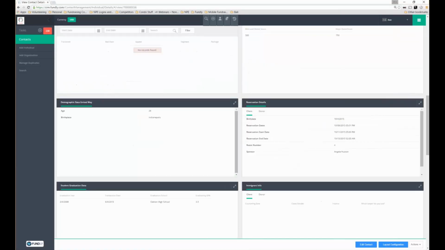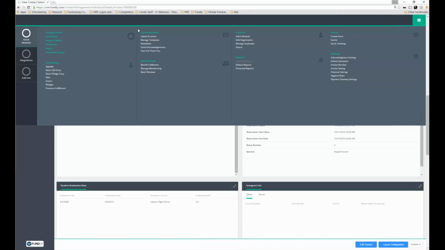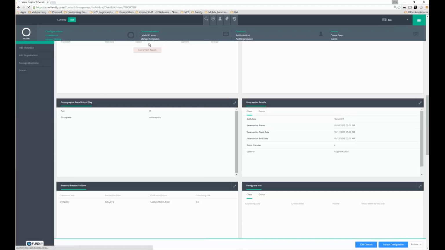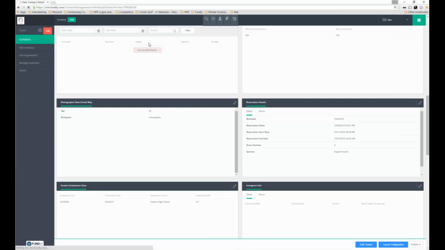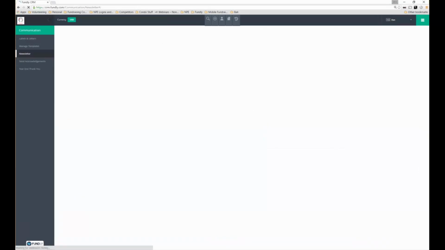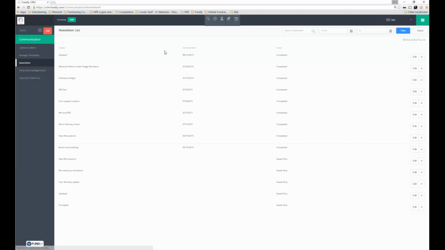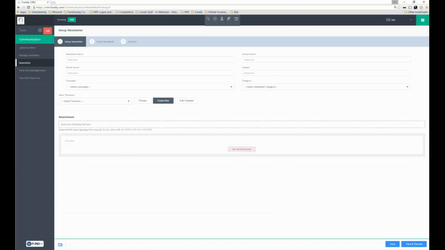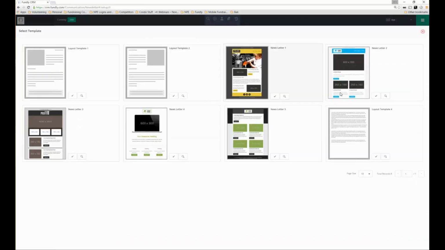That brings us to newsletters and communication templates. So as I mentioned, we do integrate with MailChimp, but if, for instance, you didn't want to use MailChimp, you have the ability to use our own templates that we've created in our system that are very robust. So you can come into the newsletter templates, for instance, and create your own template that looks very professional and very nice. So we have different templates that we've allotted in the system, and you can select whatever template you want to use